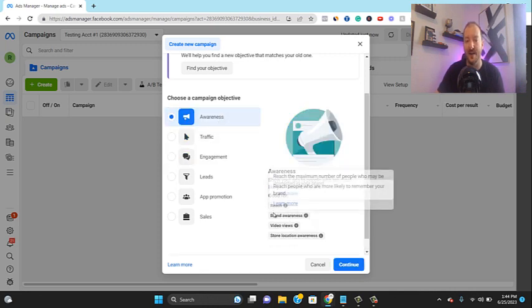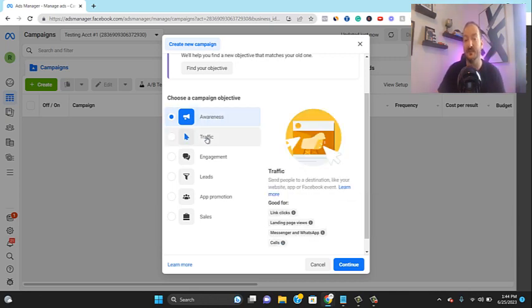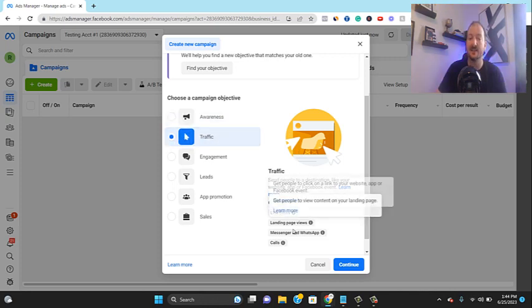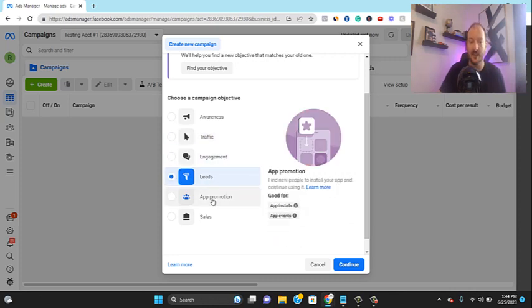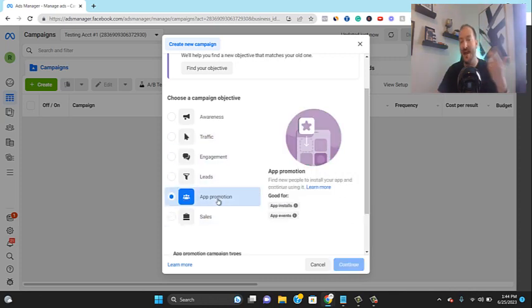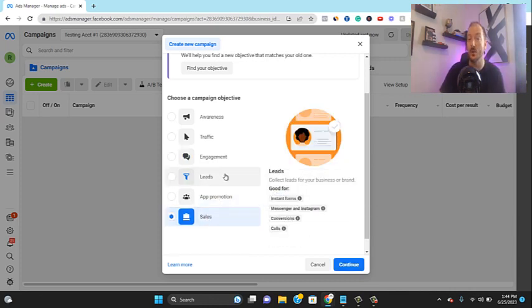For example, awareness is good for reach, brand awareness, video views, store location awareness, stuff like that. I don't really run awareness ads very often. Traffic is for links, landing page views, etc. You could take the time to read all of these: engagement, leads, and app promotion, if you have an app and want app installs, stuff like that. And then there's sales. The two biggest ones that I personally use and teach are leads,